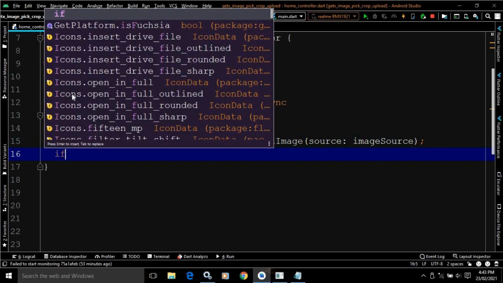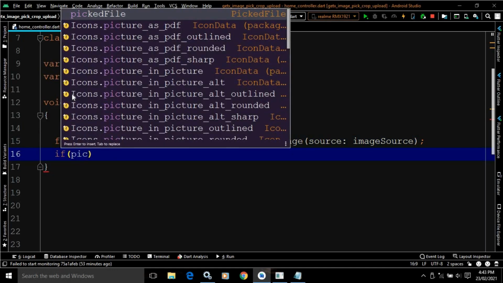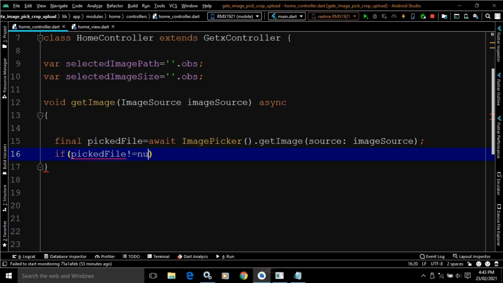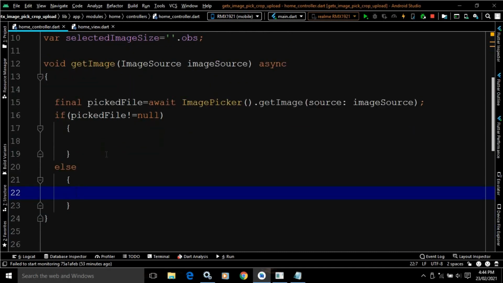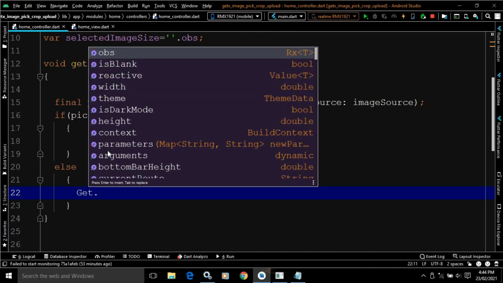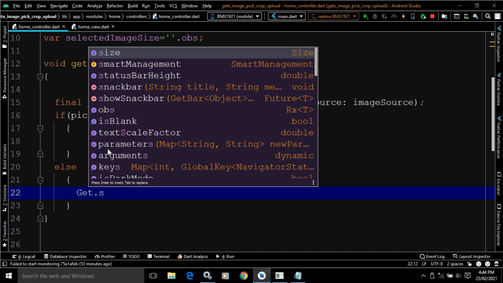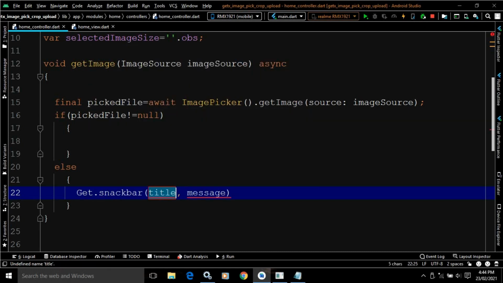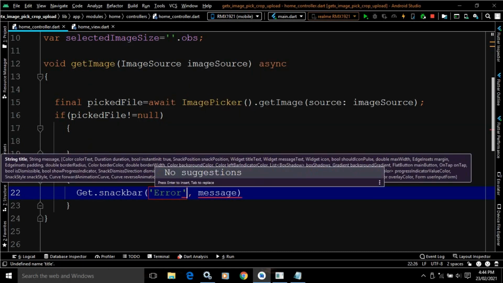Now here I will check if pickedFile is not equal to null. This means if the user has selected the image, then what will happen? And if the user doesn't select the image, then what will happen? If the user doesn't select the image, at that time I will simply display a snack bar by using Get.snackbar. In the title I will pass Error.